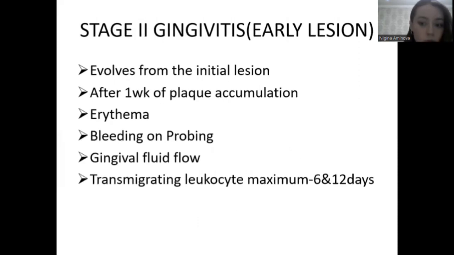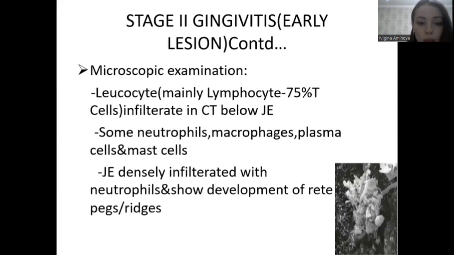In stage 2, early lesion, it evolves from the initial lesion, and after 1 week of plaque accumulation, you can see erythema, bleeding on probing, gingival fluid flow, transmigrating leukocytes, maximum 6 to 12 days. These are the early signs and symptoms. Under the microscopic examination, you can see leukocytes, some neutrophils, macrophages, plasma cells, mast cells,